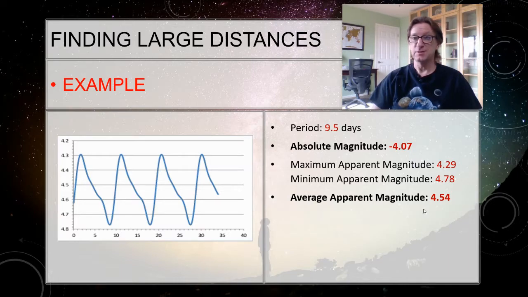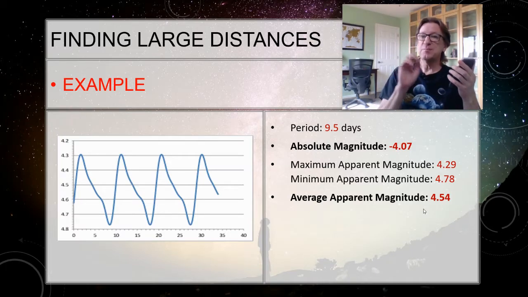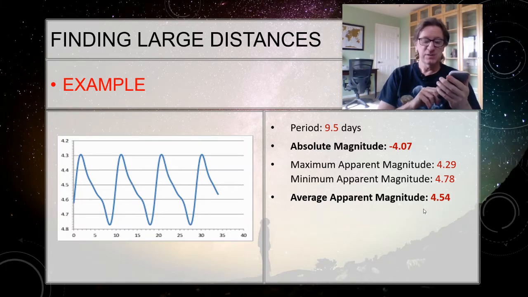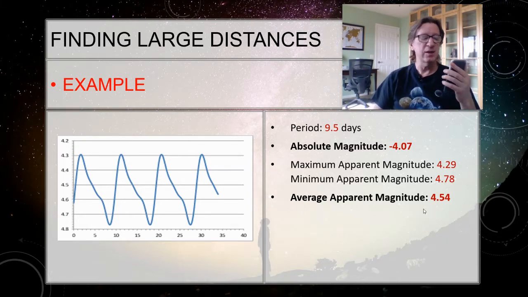All right, did you really do it? If not, seriously, you're going to want to stop and do this. Okay, so step 1, do little m minus big M, divide by 5. So little m is 4.54 minus negative 4.07. I get 8.61, divide by 5. So for step 1, I get 1.722.